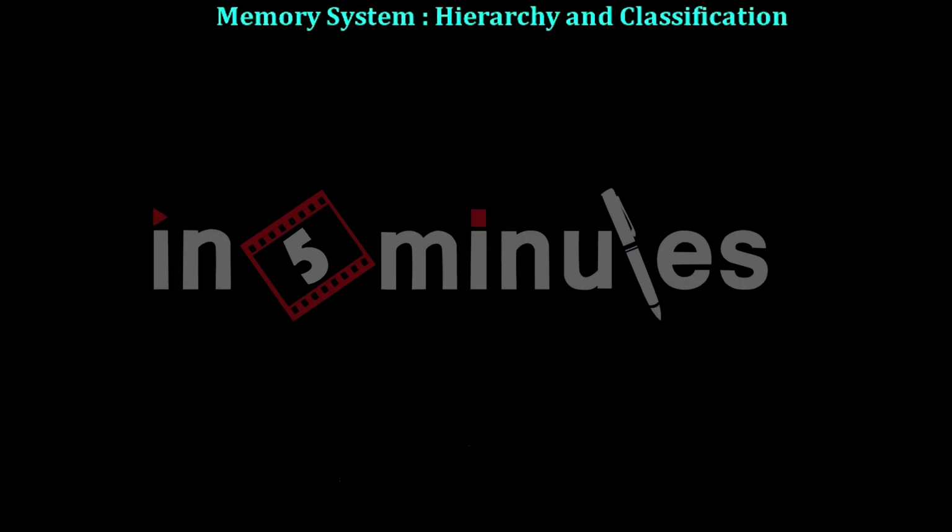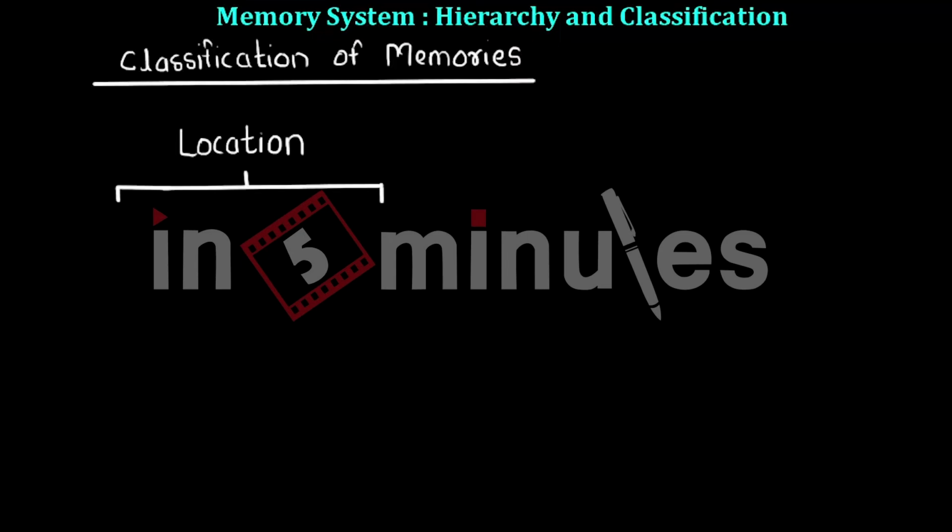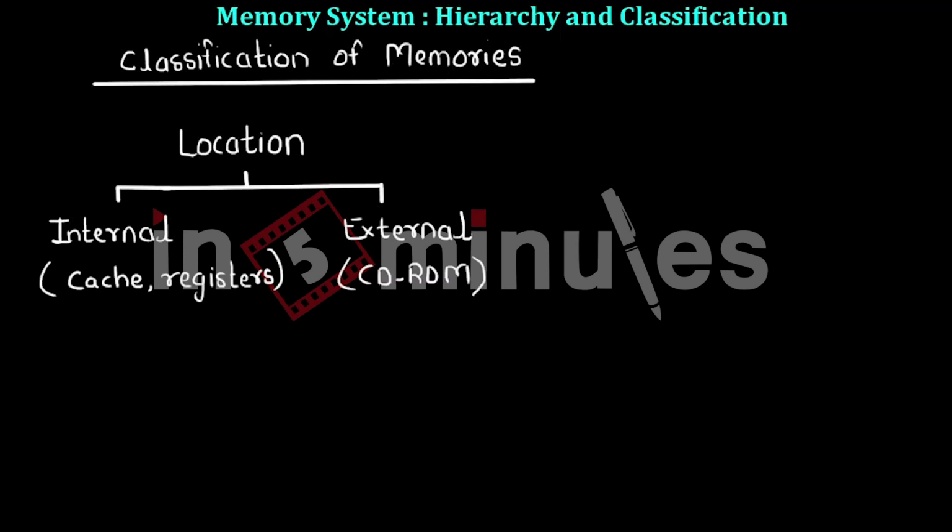Now we are going to talk about the classification of memories. The classification of memories is done based on their characteristics, and we have different characteristics of memory. So let's first look at the location, that is where the memory is placed with respect to the processor that decides the location of the memory. So they are divided in two types, that is internal memory and external memory. We have seen it in the memory hierarchies, that is the cache and registers are internal memory. However, the external memories are secondary storage devices, that is CD-ROMs and hard disk drives. So that is the classification based on location.